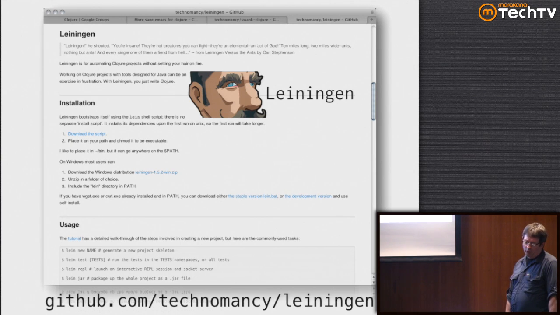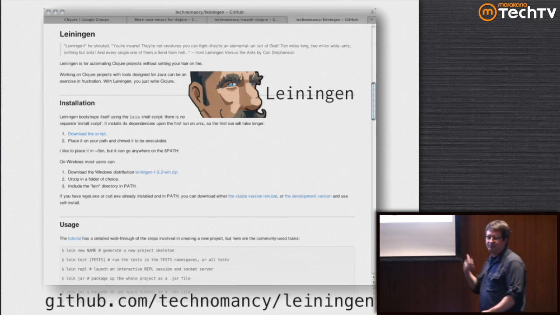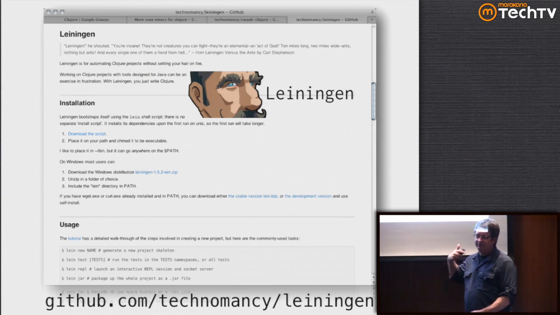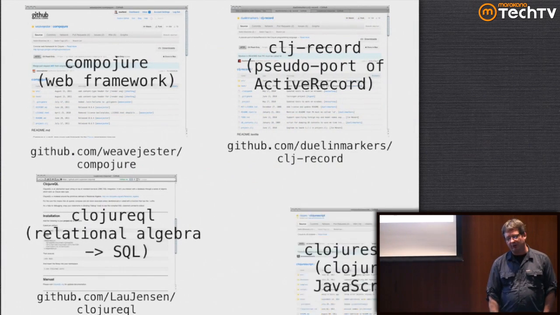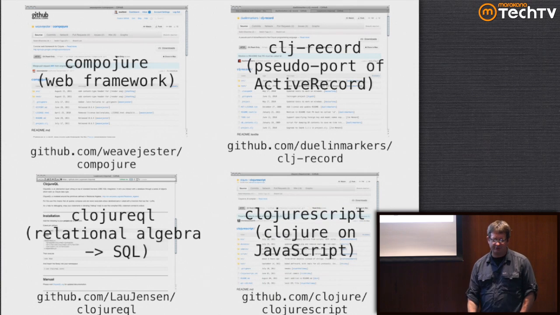The build tool, there are several in the Clojure world. The most popular one is Leiningen, which is actually based on a poem about this guy fighting an army of ants, which is where the name of this tool came from. There's also a tool called Cake, which is rake in Clojure, but this is the most popular one. This actually does transitive dependency management, kind of like Maven, but without the evilness of Maven. So it does the transitive dependency management for you, but the syntax, of course, is all Clojure code instead of XML.